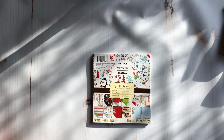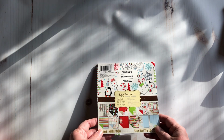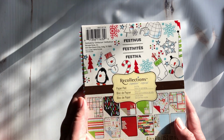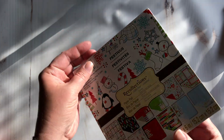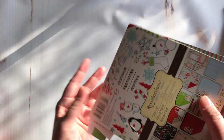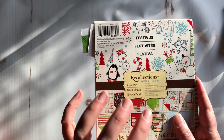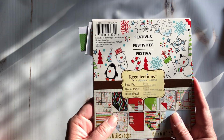Beth is hosting a challenge this month where we pick a paper collection and make all of our projects from that collection. I've shown previously that I have the 6x6 and the 12x12 of this Recollections Festivus paper. It's kind of a little whimsical, cutesy paper, and I decided this week to use the 6x6, but this project works equally well if you want to cut down some of your 12x12 paper into 6x6, and I'll show that